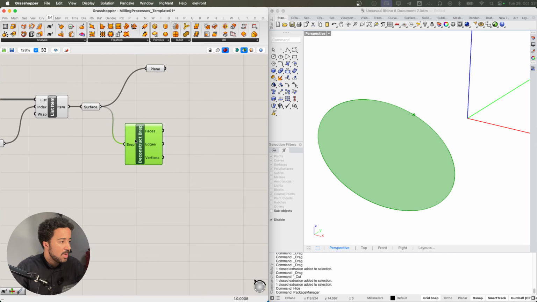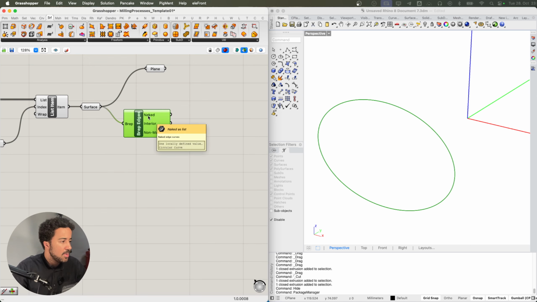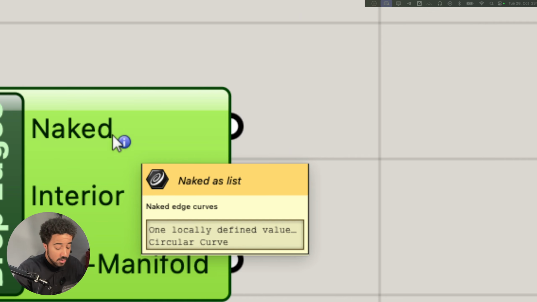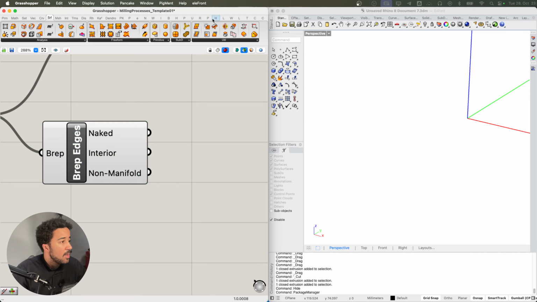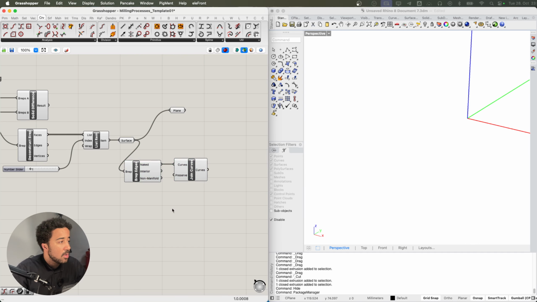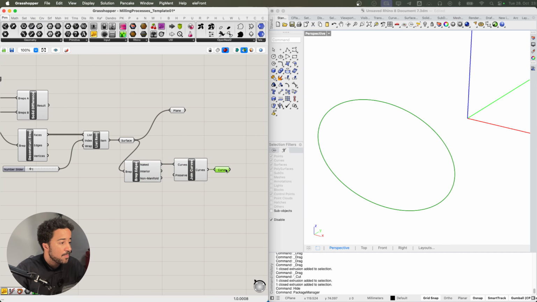And I will do this by simply using the deconstruct brep, or even better, I can use the brep edges command and use the naked edges, which in this case is already just one circular curve. But if it were multiple curves, I can simply use a join curves to create one curve from the outline of my surface.